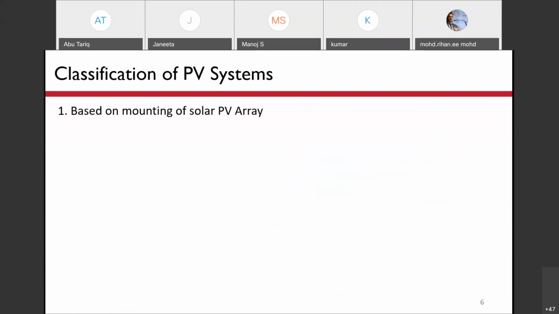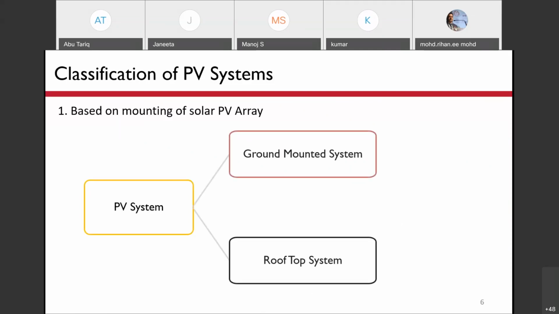Now, how to classify PV systems? PV systems can be classified on the basis of mounting of the solar PV array, as ground mounted or rooftop system. If all the arrays are situated on the ground, which is usually the case for a large system, we call it a ground mounted system.